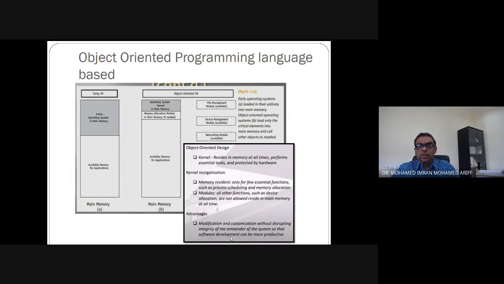The same thing is what we have in operating system. In the early operating system days, the OS is loaded entirely into the main memory, meaning to say, you have your RAM size, but when you load the operating system, all of the files will sit automatically inside your RAM.